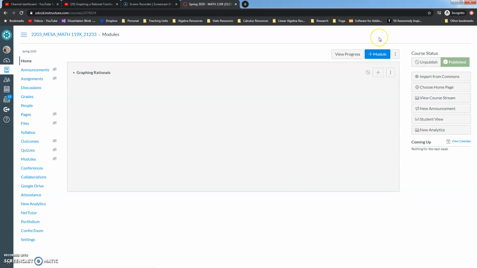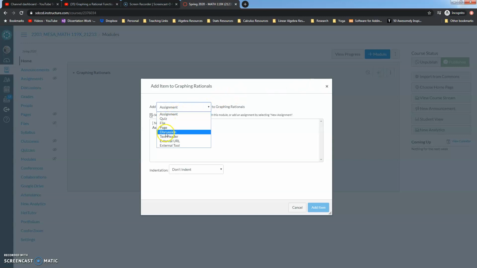Now it's green. So now students can see this. Again, they're not going to see anything. The other annoying thing, for me at least, about Canvas is that you'll always see these little circles with a slash through them. These are basically telling you right now, even if I put something in this graphing rationals, so